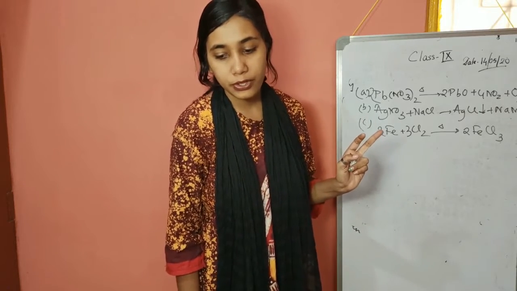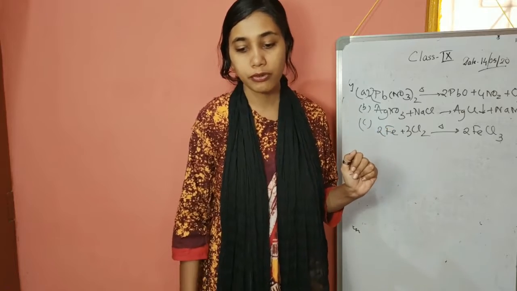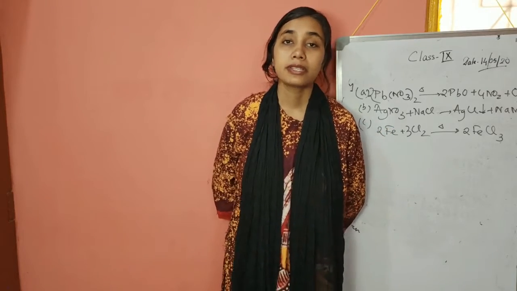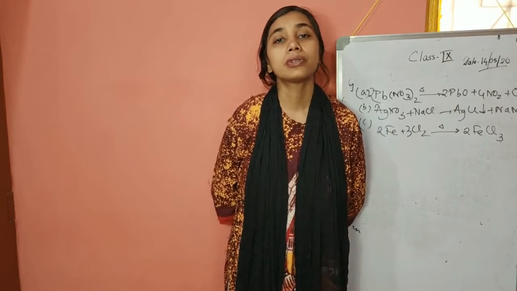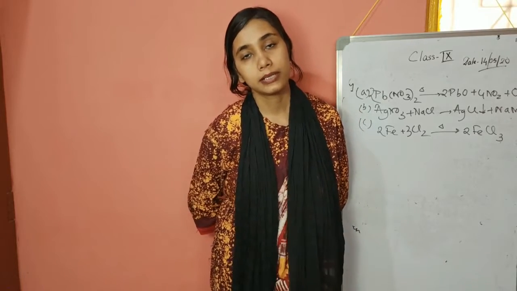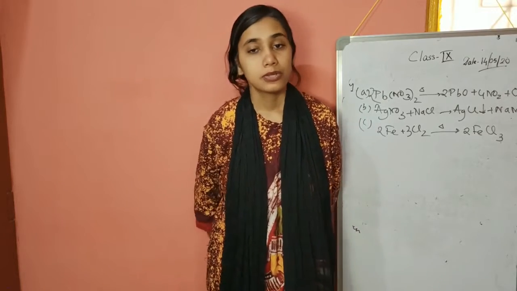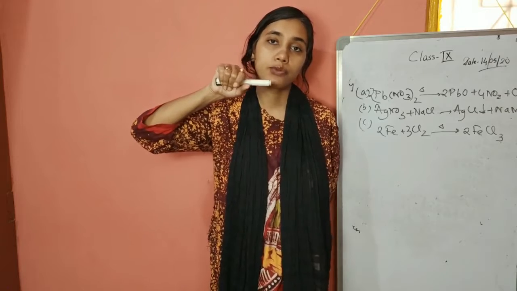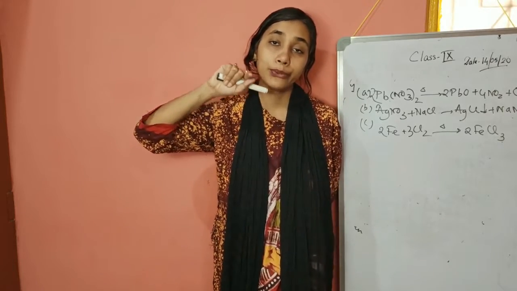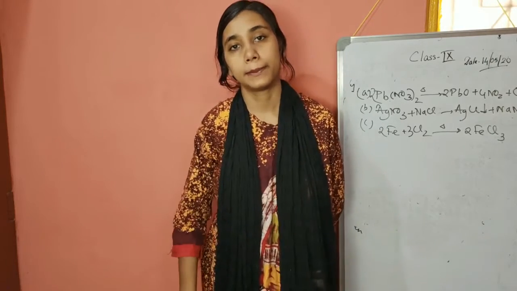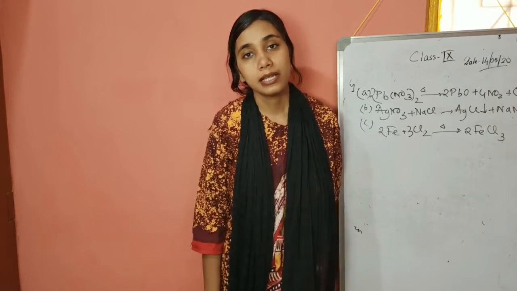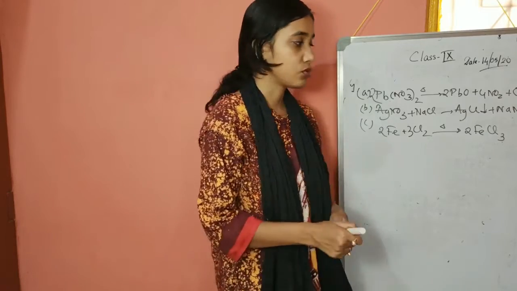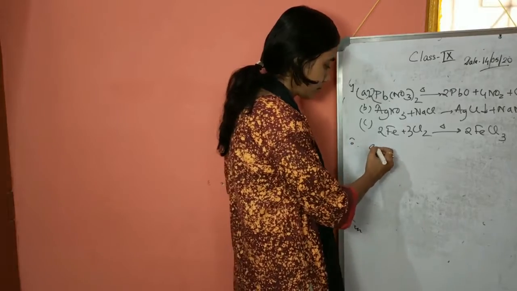Question number 2: write a reaction where the following conditions are involved. Electricity. Now for electricity, if you are writing water, writing acidulated or acidified water is a must. So your answer will be 2H2O gives 2H2 plus O2. At the bottom you have to write acidified. If you are writing NaCl, you need to write molten. So conditions are important.